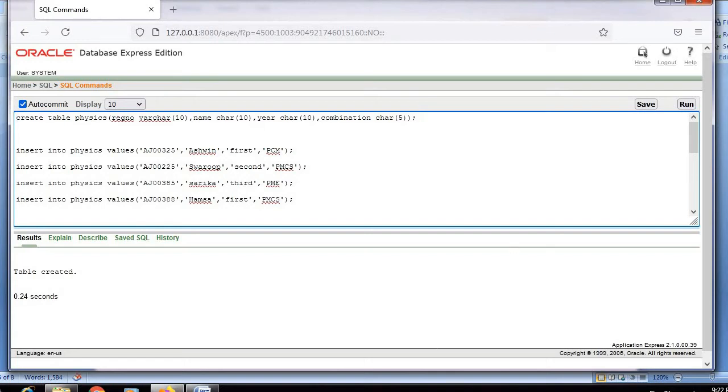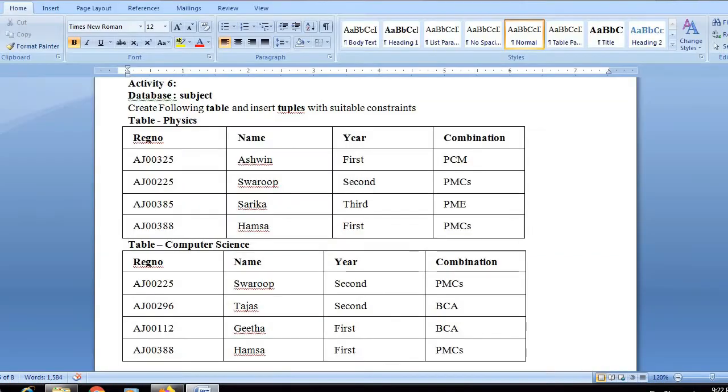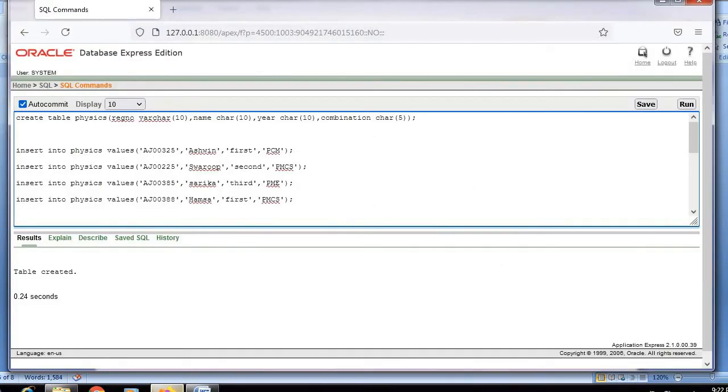Now to the physics table, we have four tuples or rows. We have four records, rows or tuples. We have to insert the records one by one into the table. To insert the values or records into the table, we use the command insert into table name. The table name here is physics, and we have to specify the values.